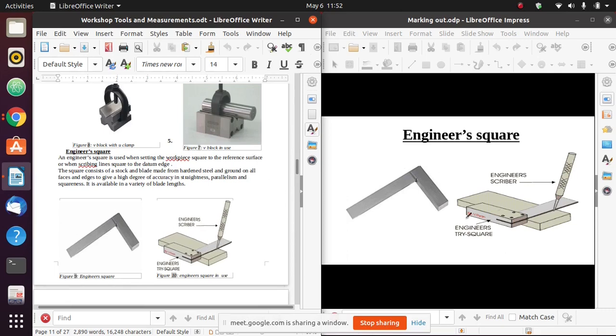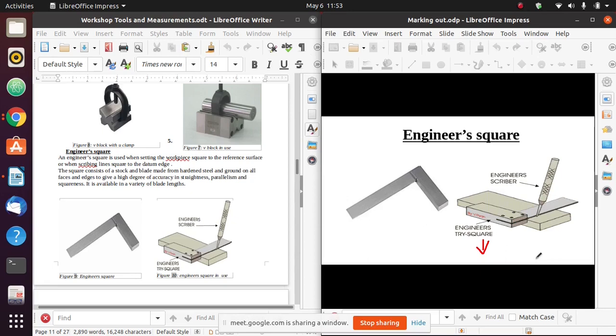We have this part which is known as a stock, and we have the blade. The stock is usually made from bronze, and the blade is made from hardened steel. It is ground, it is machined to give the edges a high degree of accuracy in terms of straightness, parallelism, and squareness,